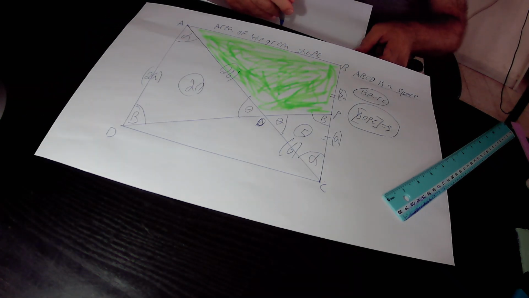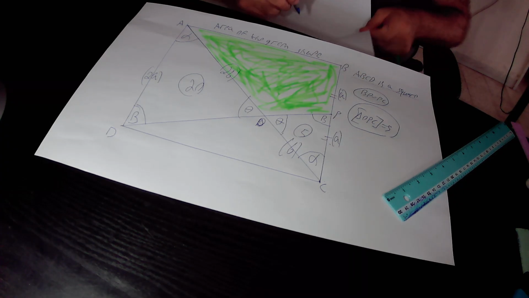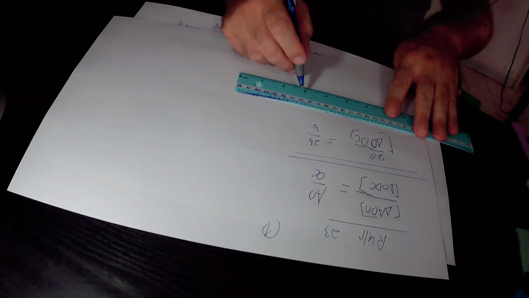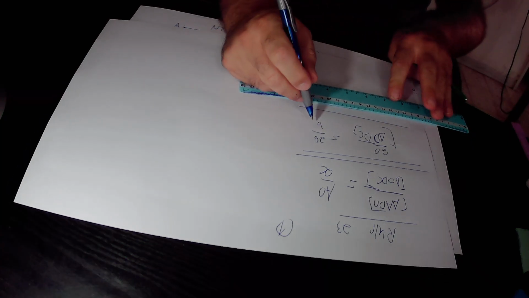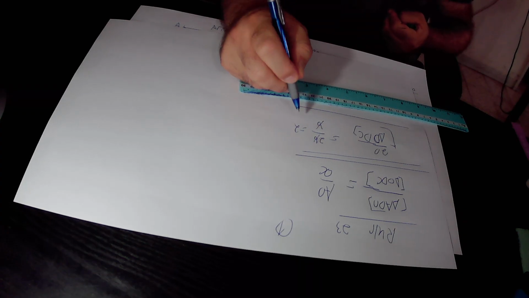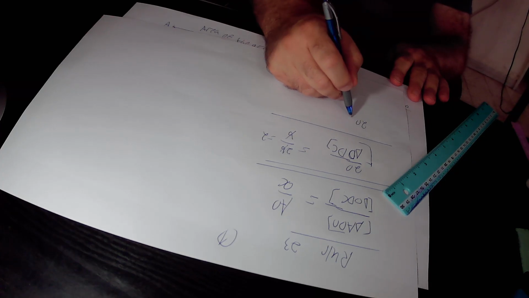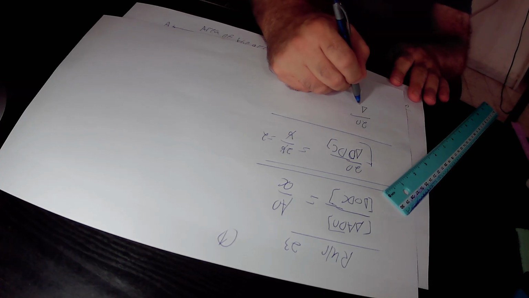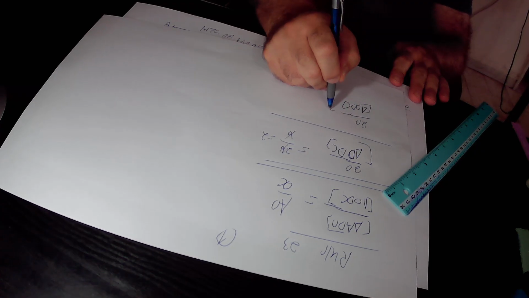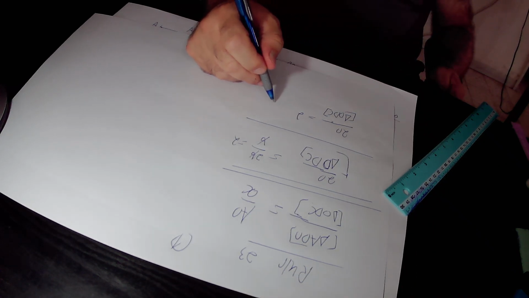AO is 2B and OC is B. So in total, 20 over the area of triangle OCD equals 2B over B. We have B in the numerator and B in the denominator, so B gets cancelled and we are left only with 2. So 20 over the area of triangle OCD is equal to 2. Here we multiply this equation by the area of triangle OCD,